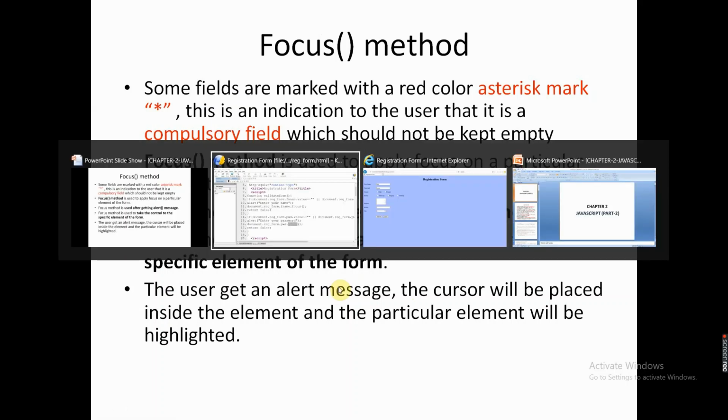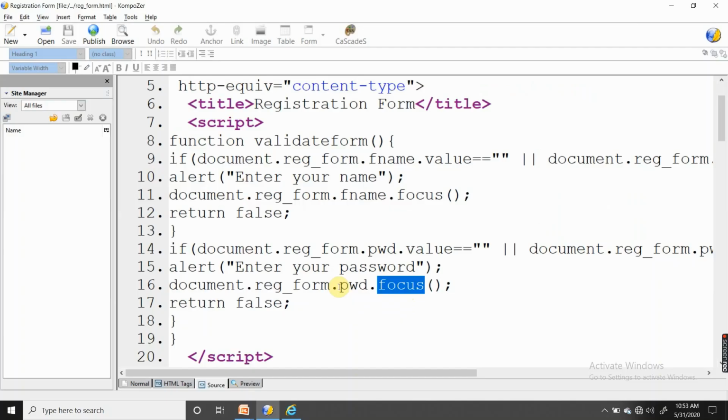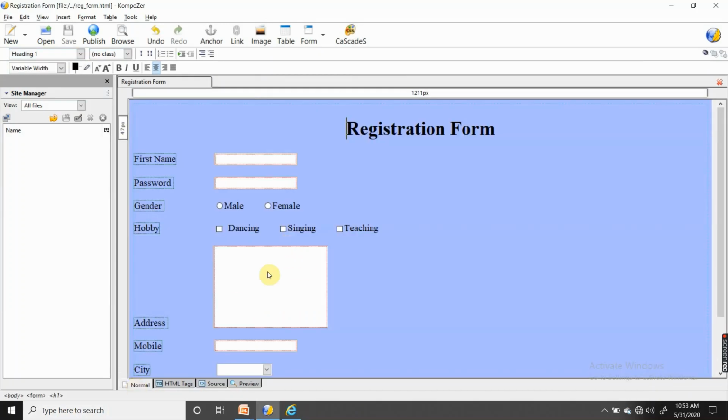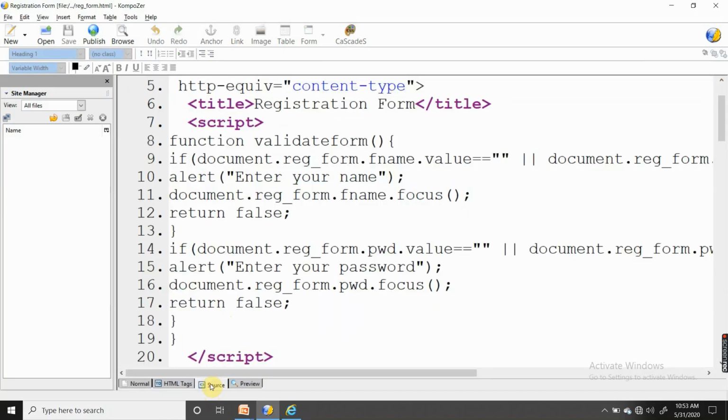Now we will focus on the practical session also. Now the next element is gender. For gender, for radio button and checkbox, we have to change the coding like this. If document dot reg form gender of 0.